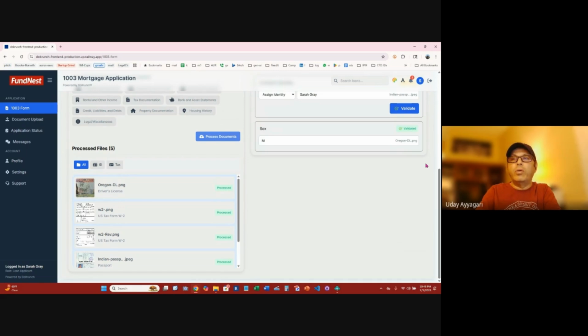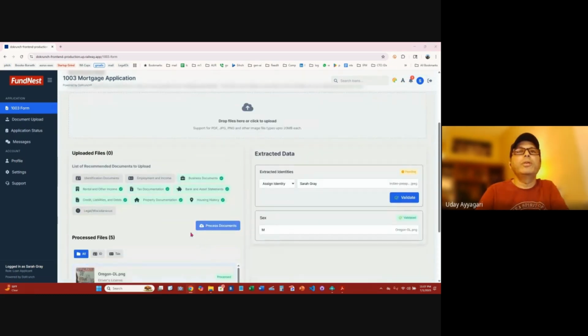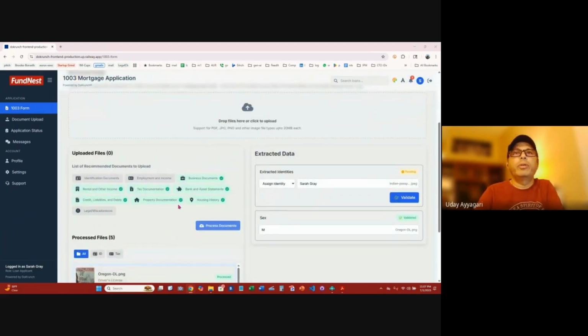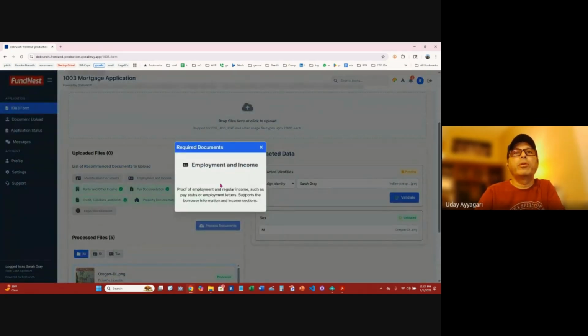So it is again all AI driven, all the way from document parsing till the business rule implementation and the validation that you see here. As you can see, one key thing that I do have to point out here is all these categories are not just plain labels. They are first of all indicative of all the documents that are required generally for a loan applicant